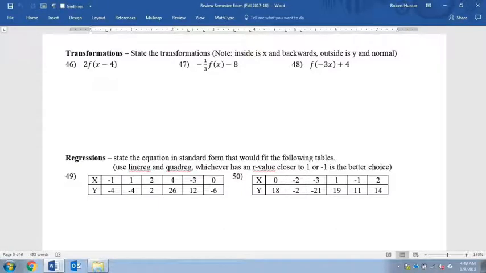Okay, transformations. To state the transformations, remember, x is backwards and y is normal. X is inside, so it's backwards; y is outside, so it's normal. So basically, if I am inside the parentheses, all of this stuff